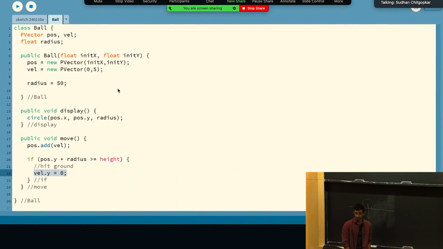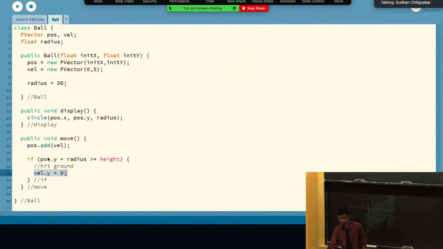Yeah, exactly. There's no bouncing or acceleration. Usually when we have an object that hits the ground, it'll bounce at least a little bit, right? Especially if it is supposed to be a bouncy ball. So how do we want to deal with that? Well, anytime we hit the ground, if we want to bounce, that's the same as multiplying our velocity in the y direction by -1, right? We want it to go the opposite direction now. And again, this is not the exact way that gravity works, obviously,